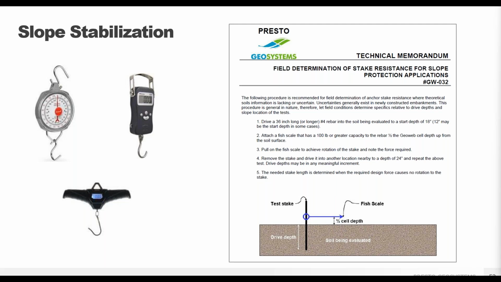Again, we provide those manufacturer calculations to match your site conditions and anchorage needs for your particular project. No standard charts or graphs and guesswork. This way, a quick double check and measurement with a fish scale can give you some extra peace of mind for your staked slope protection and ensure that the modeling is replicating those real-world forces.